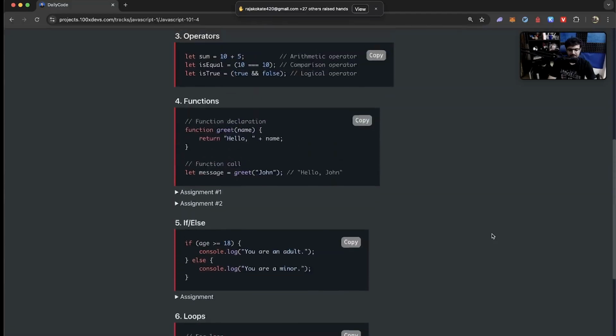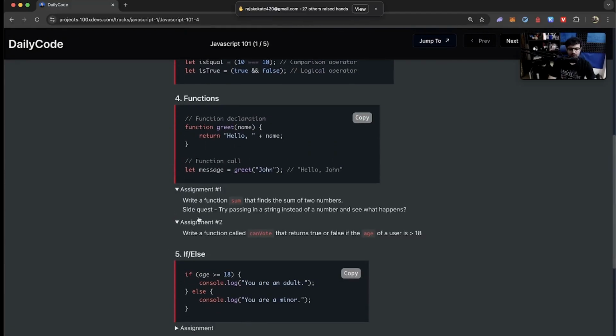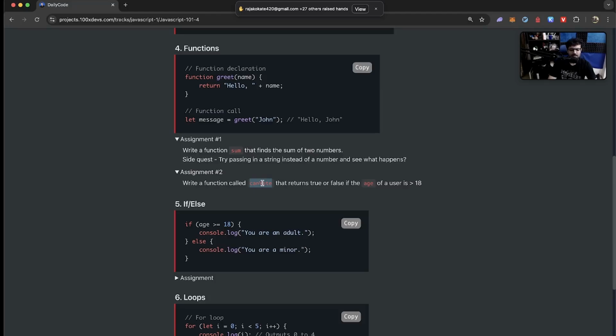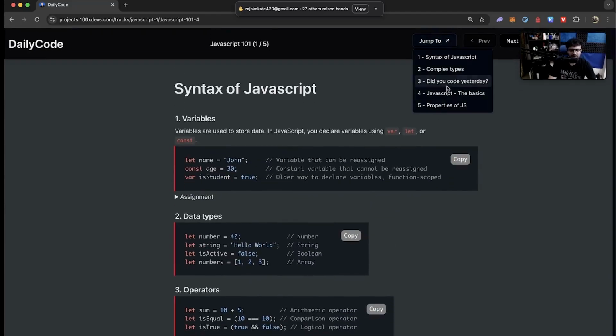All right. Hopefully you guys were able to do assignment 1 and assignment 2. They were simple only. Let me do one of them. This one I already did. The other assignment is called can vote. Also, if you want to drop off now, drop off if you feel this is easy, or if you can sprint through the recording, feel free to. No more fun happening today. That was all the fun for today. So if this is simple, drop off. Go to the next slide, basically the object slide. If you understand that, then you're good to go. This complex types slide, if you understand this, you're good to go. All right.